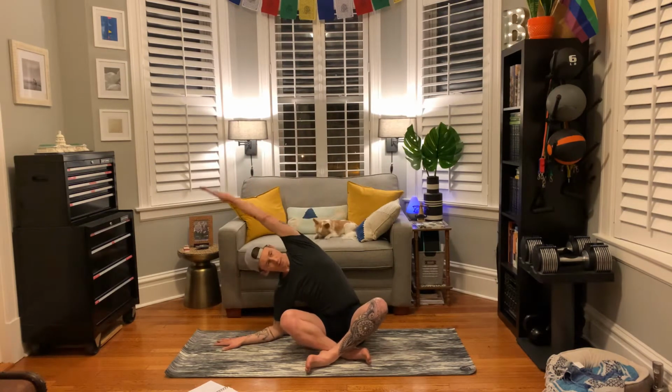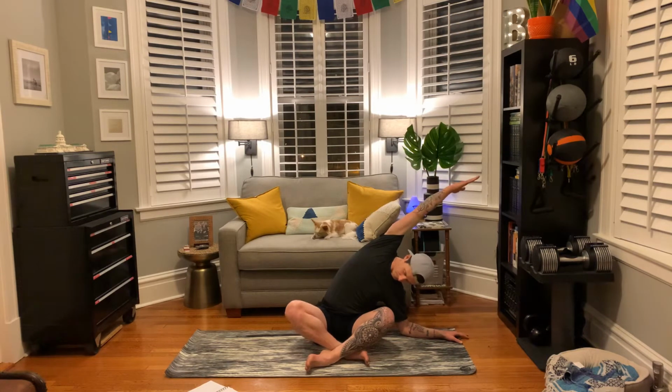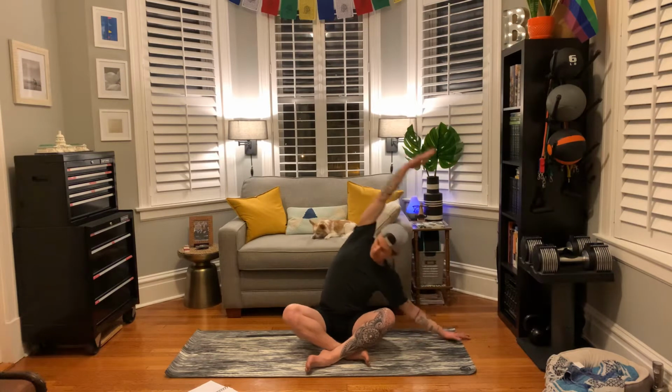And one more time, inhale through center, left arm down, drop the forearm, right arm reaches. Pull the right shoulder back. And inhale it up. Other side, right forearm down, reach with the left arm. Inhale through center. Good. From Sukhasana, we're gonna bring your bottom leg, the knee forward, outer knee onto the mat,